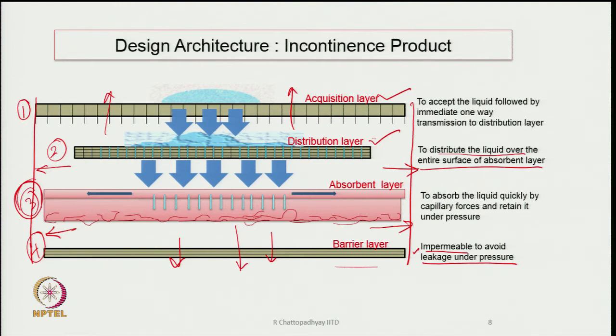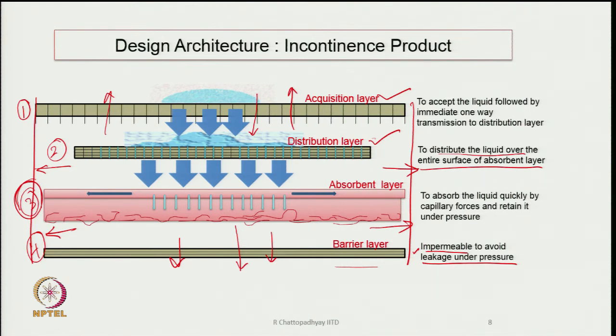So, their sealing has to be done as well. And as I said, it is with the acquisition layer of the top two layers, here we have to play, because we have to make sure that the water or the fluid will move downwards, but will resist moving upward. It is just like a one way valve, that in one direction the valve will open, the liquid can flow, in the reverse direction the valve will close. Such a thing we have to create